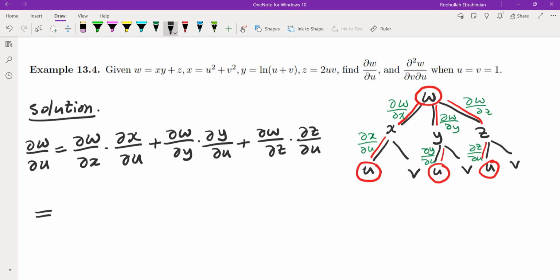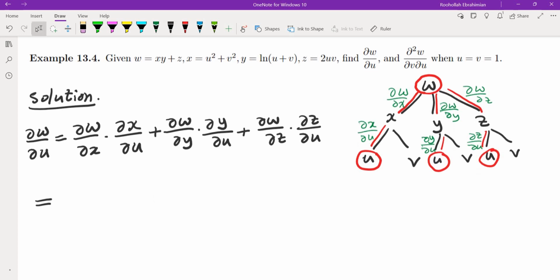We'll evaluate these and then we'll plug in the values that they gave us. Okay, let's start from partial of w with respect to x. Partial of w with respect to x: we have to take the derivative of this one with respect to x, but it says this is partial, so this would be y times partial of x with respect to u, so that would be 2u, plus partial of w with respect to y, so we have to take the derivative